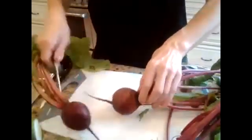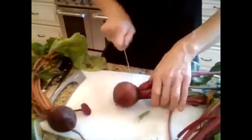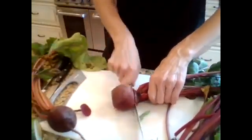What we're going to do is I'll adjust the camera so you can see what I'm doing. I'm going to cut off this end. And I could just tell they're so tender. Now, let's talk about the beet greens, and let's talk about how when we were saying about utilizing the whole product,